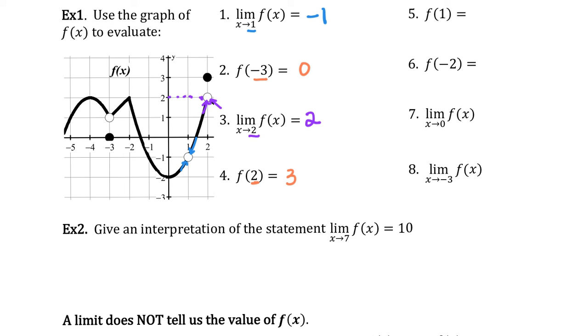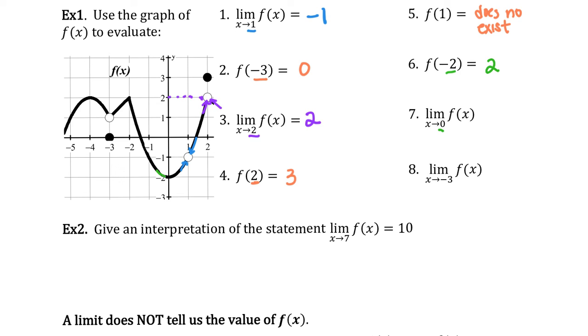Okay, f of 1 at x equals 1. There's no value here. There's no point plotted anywhere there. So f of 1 does not exist, or it has no value. Okay, f of -2. -2 is over here. The point plotted is right here, so that's -2 comma 2, which means f of -2 is 2. As x approaches 0,